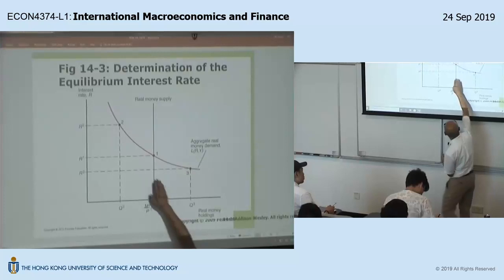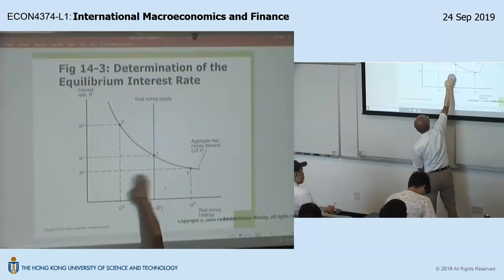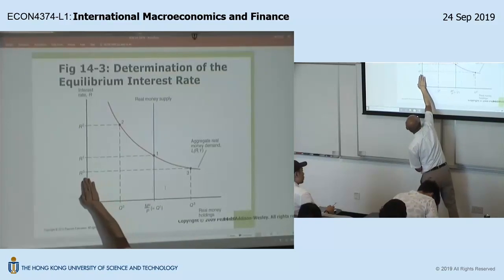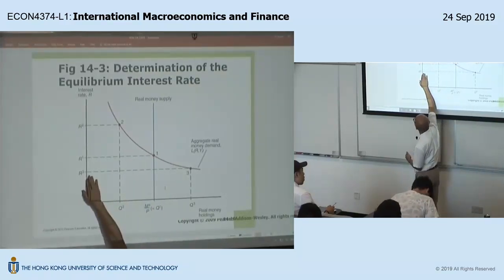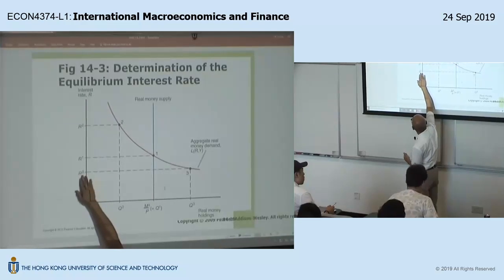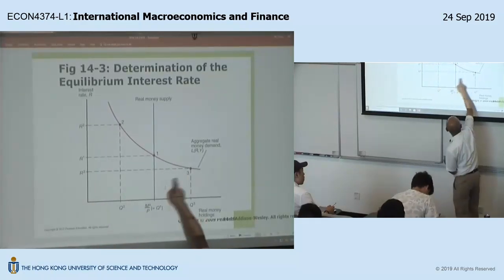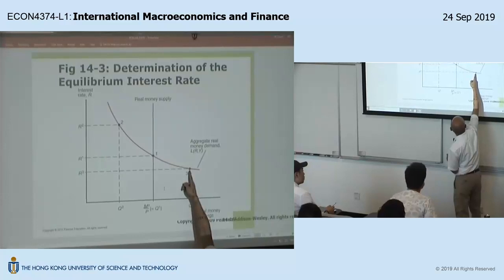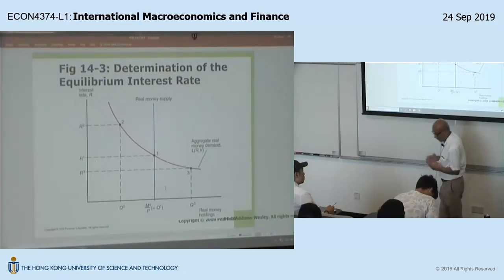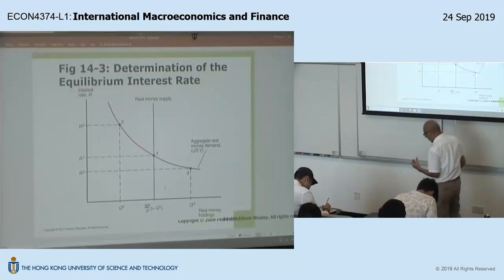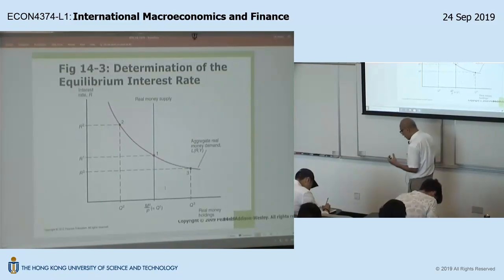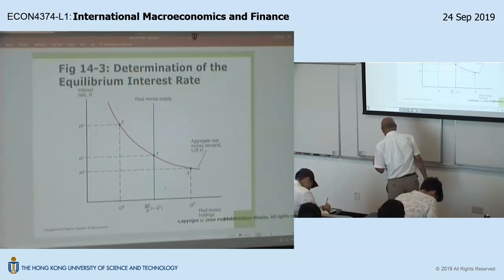So now let's look at this equilibrium. We're saying that this interest rate is not an equilibrium interest rate because it's too low. Under this interest rate, the real money demand is greater than real money supply. It's excess demand for money. The interest rate is too low. Why? Because at this interest rate,